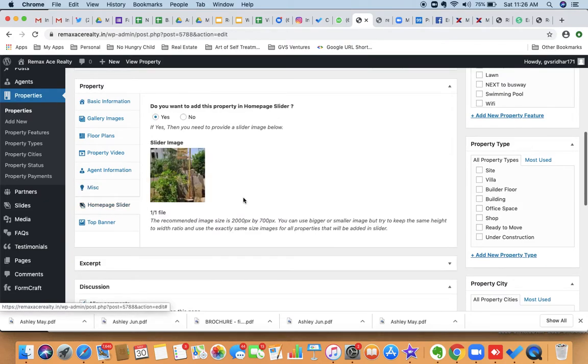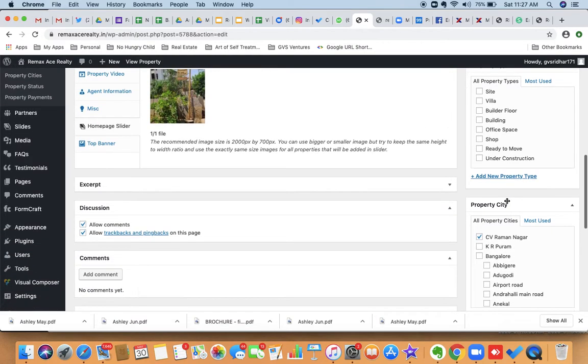Now see, you have put it as a home page slider. That is why it is coming. Here you should not put it actually. It is coming on the home page slider, it is not required because all properties cannot become that. So I am going to remove this. Now let it be anyway. It looks nice also. Let it be like that.